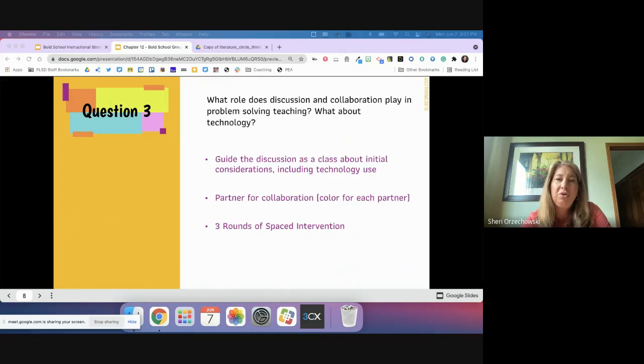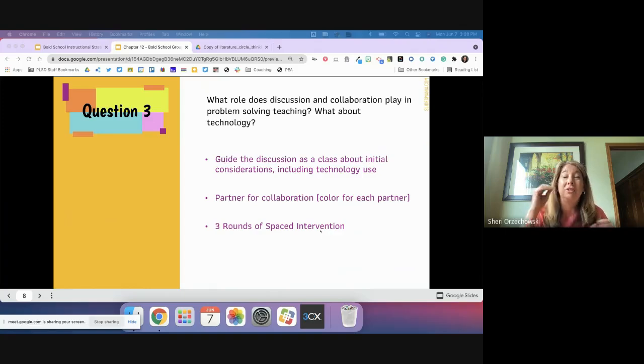And it just really encourages them to each include their own parts. And I think once they see their partner added a little bit more than them, it was really good for the other partner to see that. And then they would know they needed to add a little bit more of their thinking when they're going through the problem solving. And then again, those 3 rounds of spaced intervention that we've talked about are just really crucial